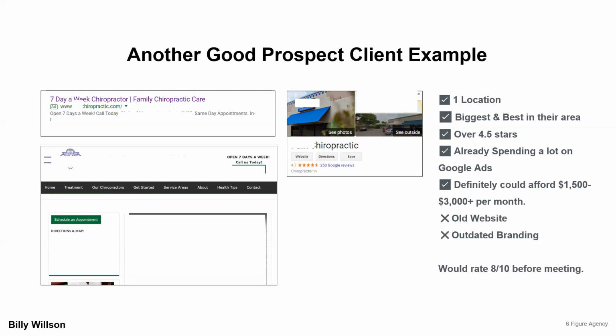So that's obviously a sign they're the biggest compared to the ones around. They had over 4.5 stars. They were already spending a lot of money on Google ads, because anytime you search the word chiropractic in this city, they always pop up in Google ads. So they're obviously spending probably thousands of dollars per month on Google ads. That way I know they can definitely afford at least $1,500 to $3,000 plus per month on marketing for